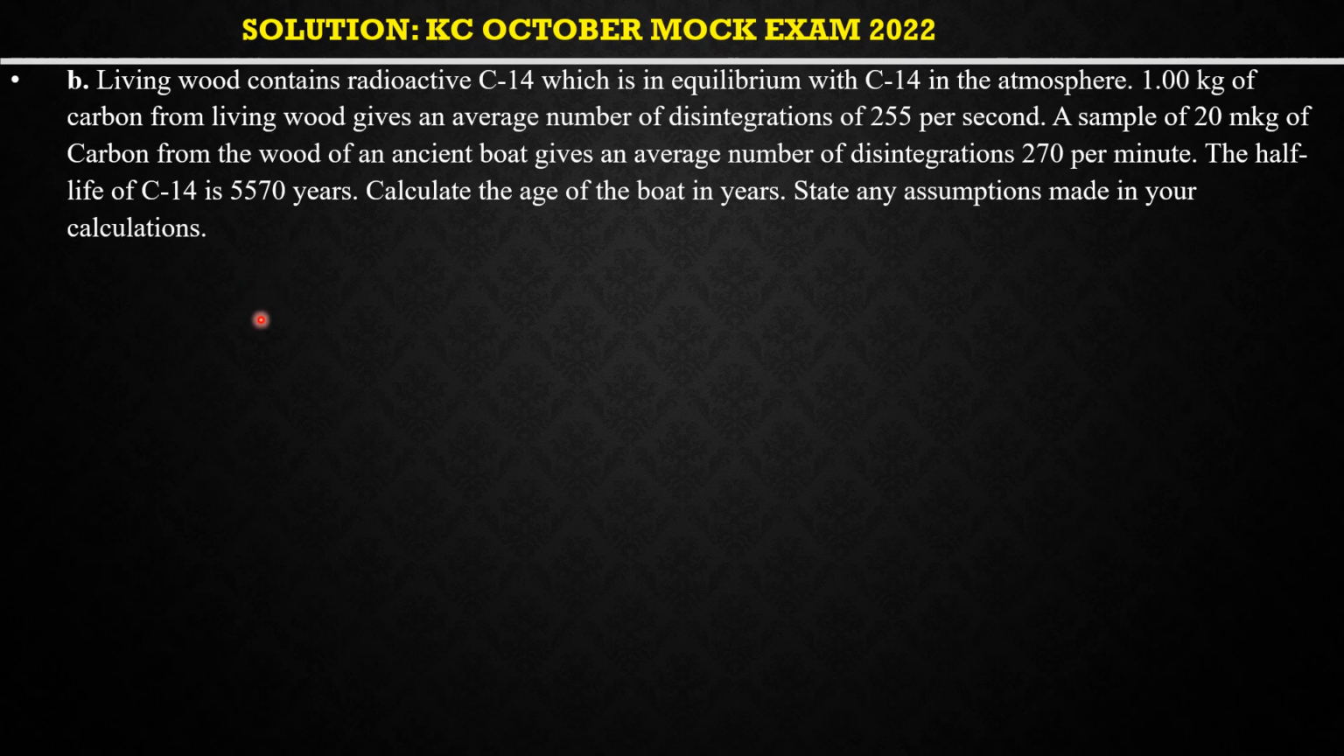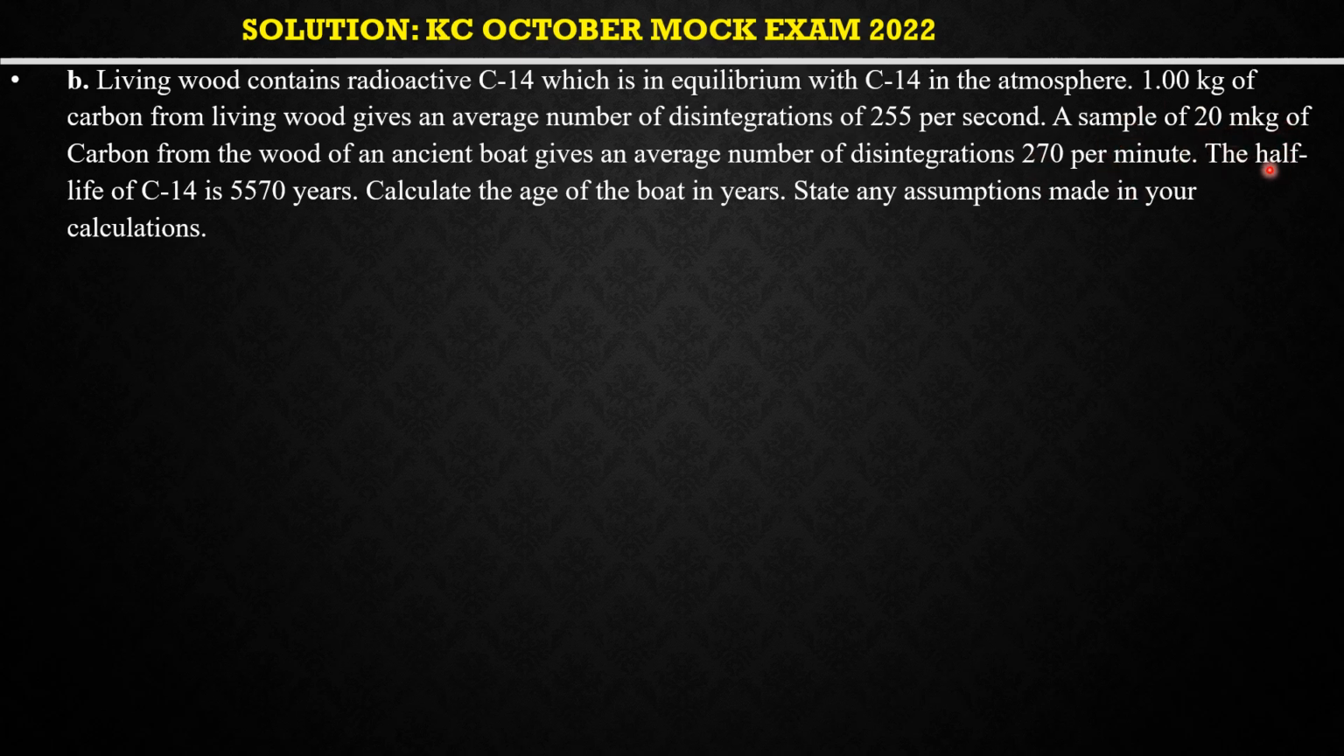Okay, living wood contains radioactive carbon-14, which is in equilibrium with carbon in the atmosphere. 1 kilogram of carbon from living wood gives an average number of disintegrations of 255 per second. Take note that this is 1 kilogram of carbon from living wood. So again, this is basically the activity per kilogram, okay? So we are getting activity per kilogram. Take note of that. Now, a sample of 20